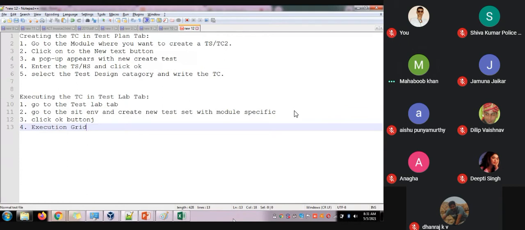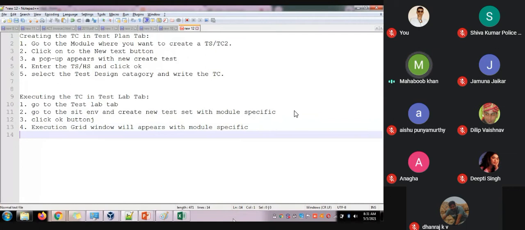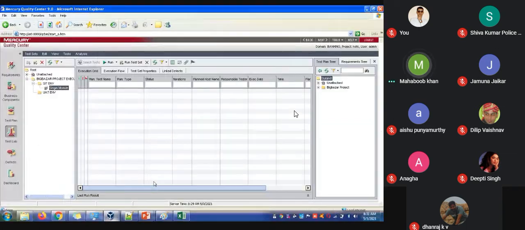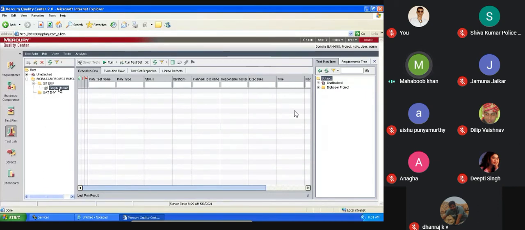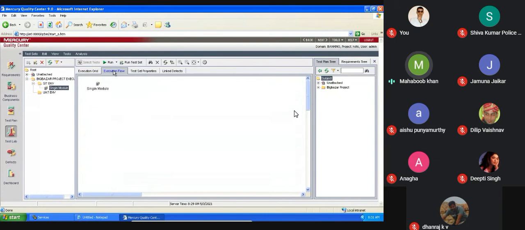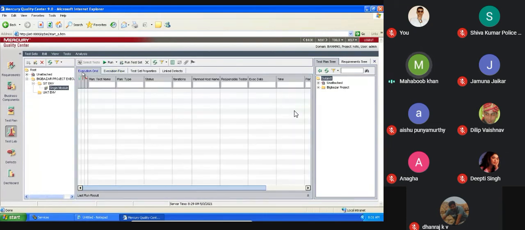The execution grid window will appear, module specific. So when you see here, a module specific window will be opened, and this is the sign in module. Somewhere sign in will be there, but you need to use this.